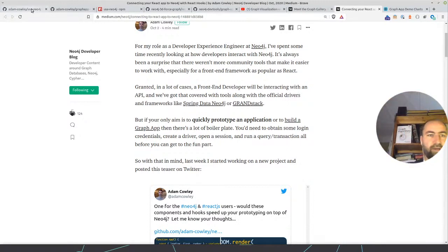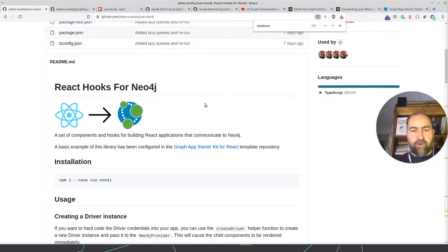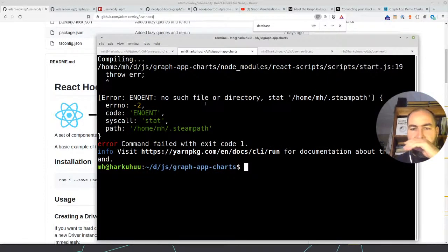I'm not sure why Yarn is dying on me here. It says in React script start it has no Steam path. Why does it need a Steam path? What? I don't know what this is.